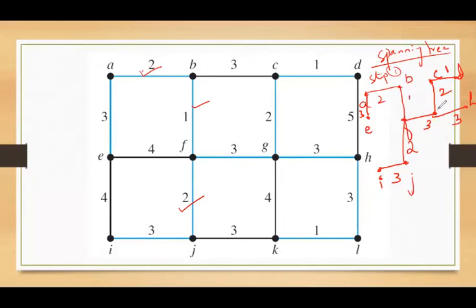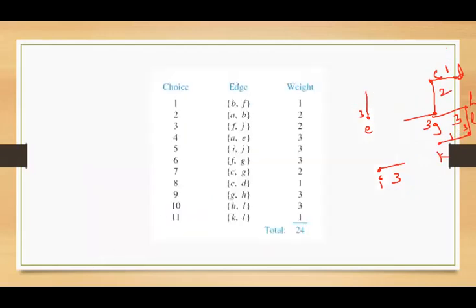Let me just write it. This was FG. Then H is connected to L. The edge weight is 3, and then L is connected to K by 1. I'll show you the clear diagram, but before that, let's see all the vertices we have selected. So over here, first you selected BF, then to BF, which edge is incident? AB. Then to BF and AB, FJ was incident, so we selected, and we kept on adding until we selected all the vertices and had a spanning tree.